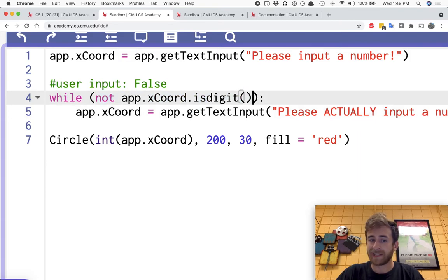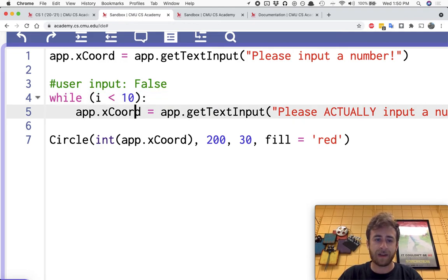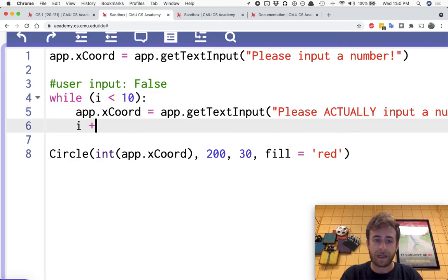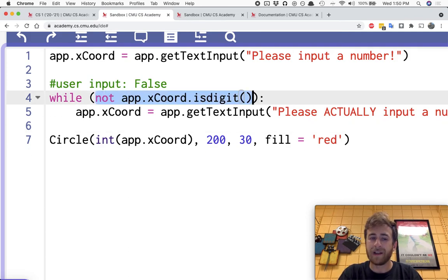So yeah, that's a little introduction to while loops for you. The big thing to pay attention to is if you're doing a counting while loop, you have to make sure that you are changing the variable you're checking every time. So for example, we had at the beginning, i is less than 10. You have to make sure inside of your while that you do something to the i so that you'll end up leaving the loop. But ultimately, I do think for loops are kind of your best bet